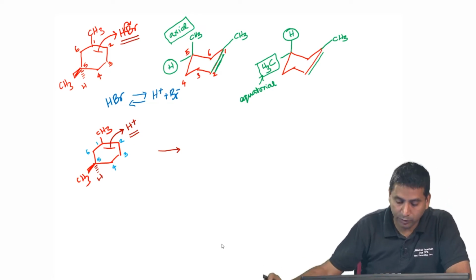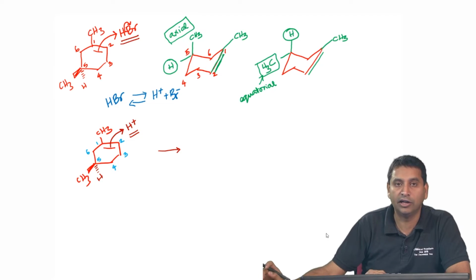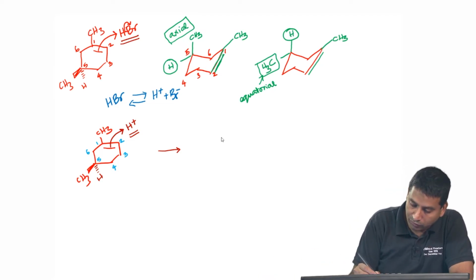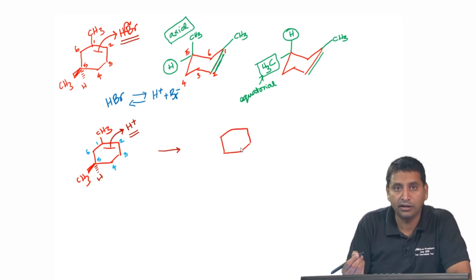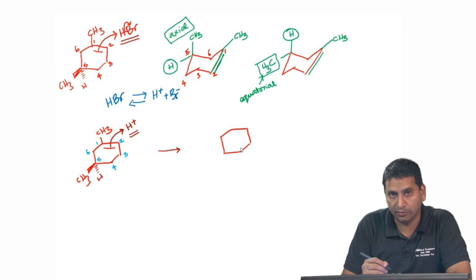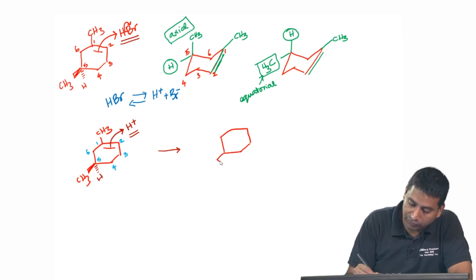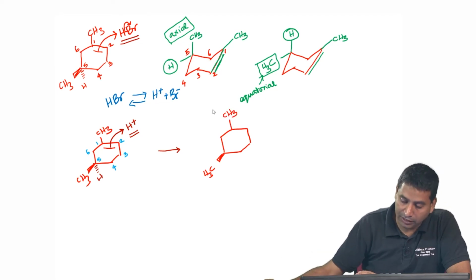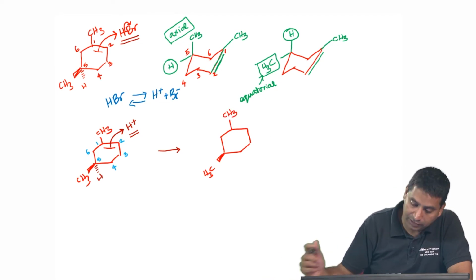Okay. So, I am continuing with the numbering so that I do not get confused. This is very important when you start solving problems. It is really important that you keep track of which carbon is going where, right. So, just for the sake of simplicity, I am just going to draw the cyclohexane once again, and keep in mind I am just drawing the planar structure because it is easy for me to keep track of it. Now, there is a CH3 here and there is a CH3 here, okay. And once it reacts with H plus, it is going to